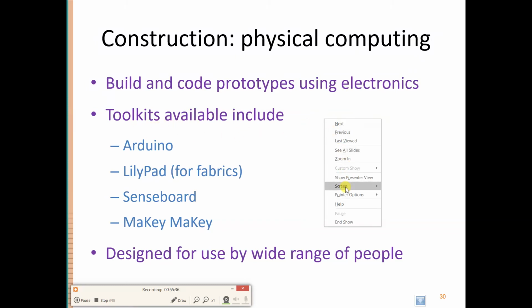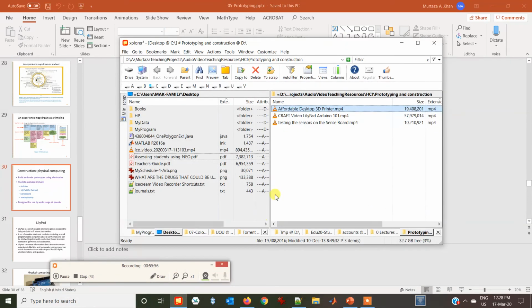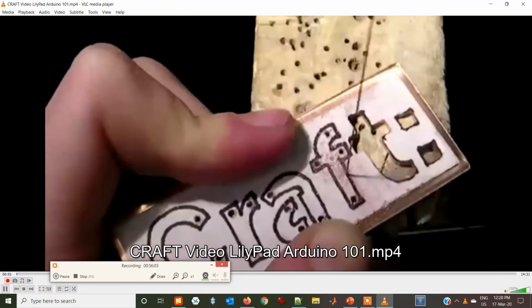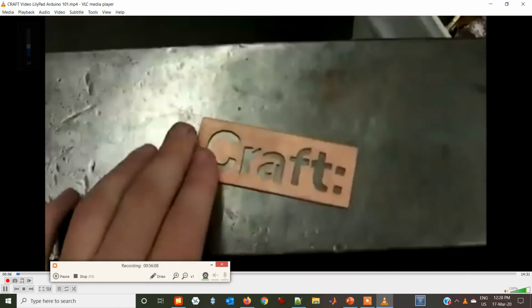There are electronic toolkits available which can be used to build a prototype, for example Arduino, LilyPad for fabric, Senseboard, and Makey Makey, designed for use by a wide range of people. So let's see some of these things. I think I have some videos. So it is the LilyPad using the Arduino. Here you can see that they are using the electronics,